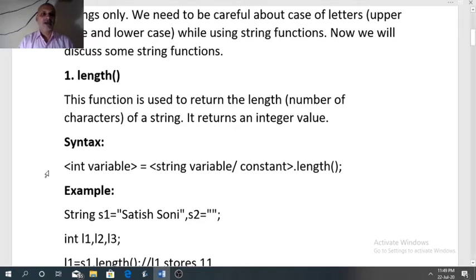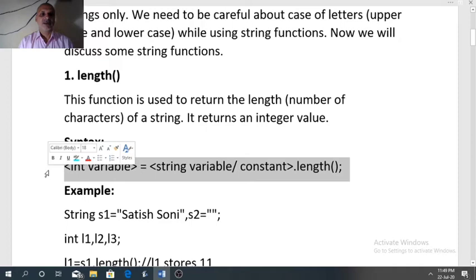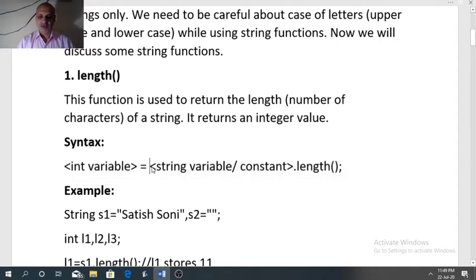So how to write the syntax of the function? Since the return value is integer value, first we need an integer variable to store the result. Now the source string whose length we want to find.